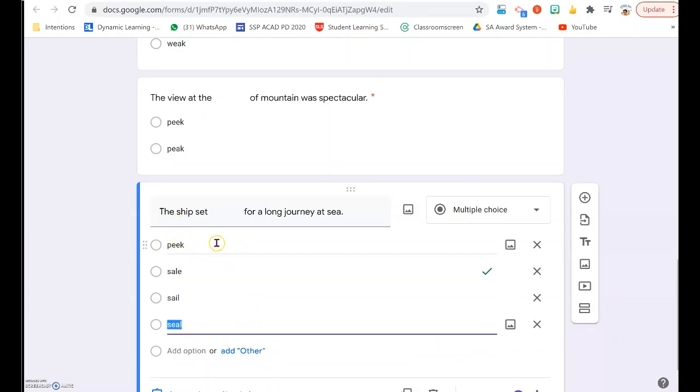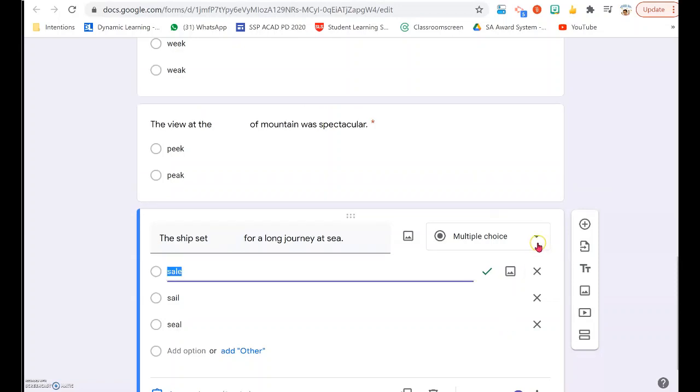Okay, this is purposeful so that I can show you how you can delete an option. Or if this option is what you do not want, delete it, very simple. You just have to go to the right side and see this cross. Click the cross, and that option will be gone. Alright, so I'm left with the 3 options that I want, but I must make sure that the correct answer